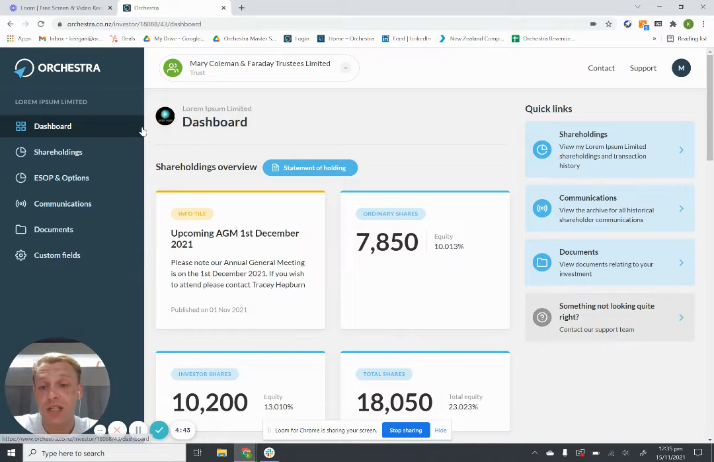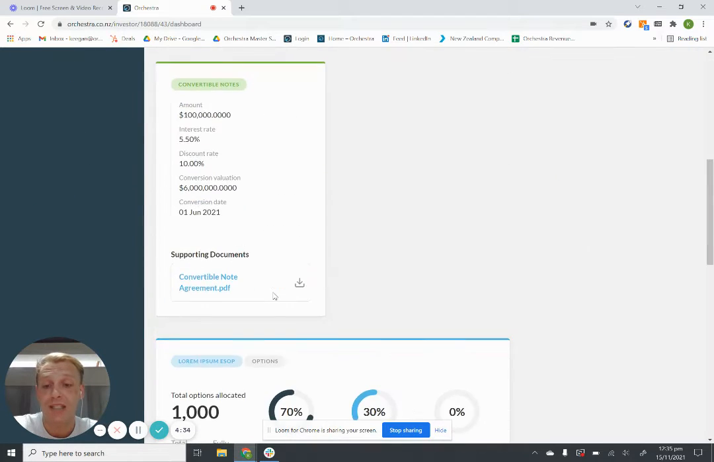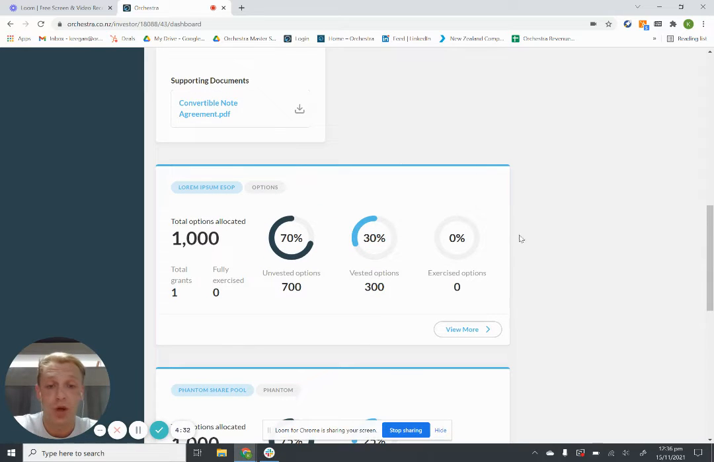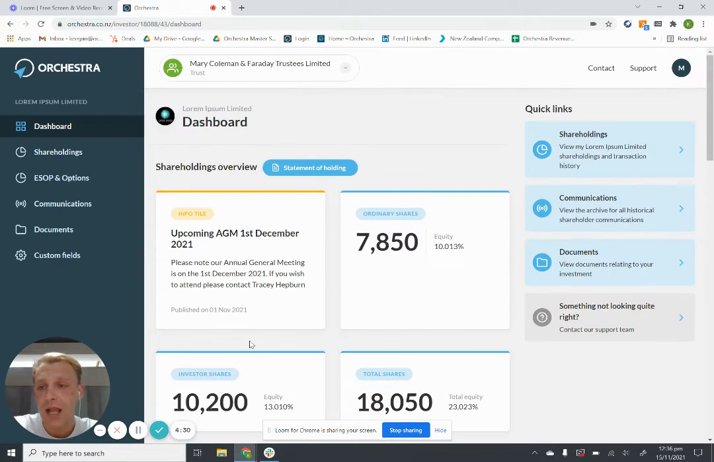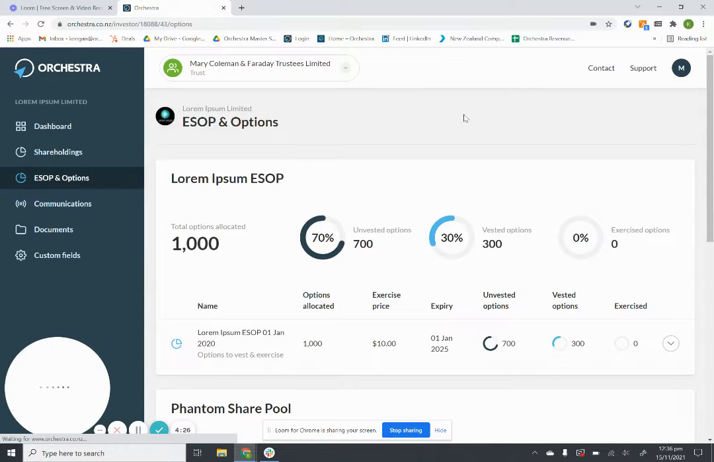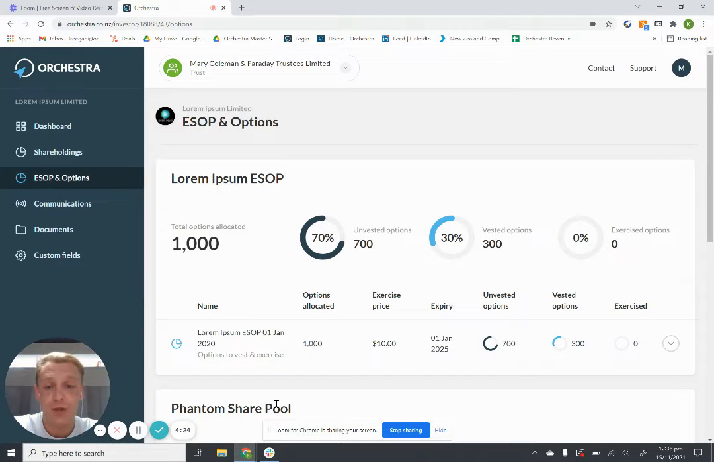So this is where you'll see any info tiles which are generated by the company that you work for, things such as an upcoming annual general meeting. You'll also be able to track down and see an overview of the ESOP that you're part of. However, if we jump into the ESOP module itself here on the left-hand side, we can see firstly an overview